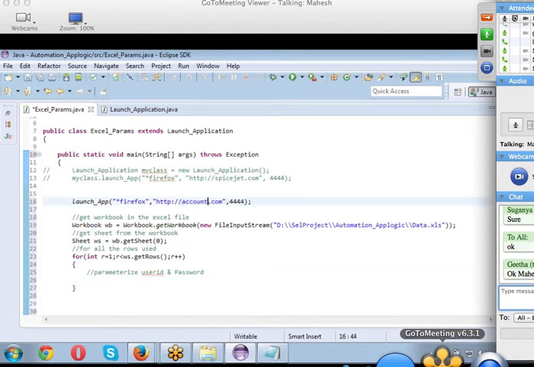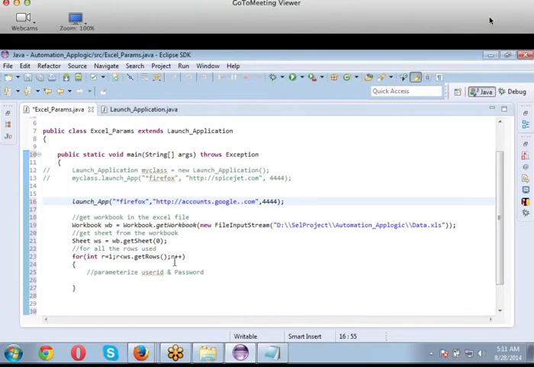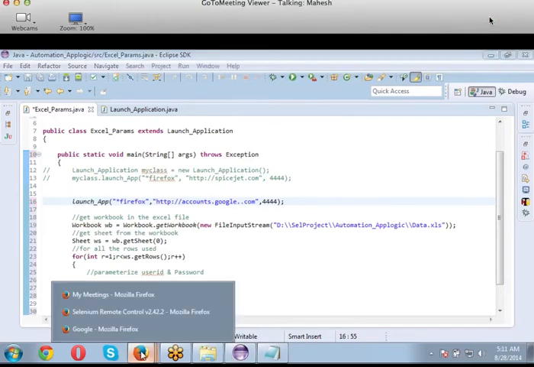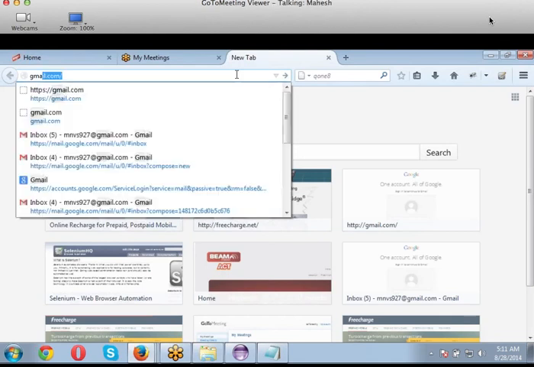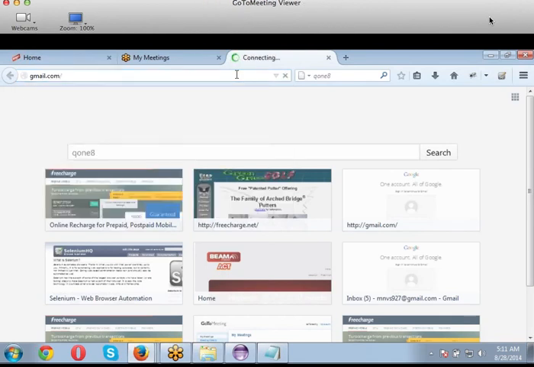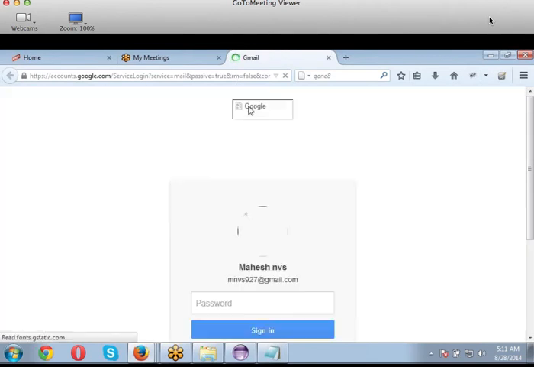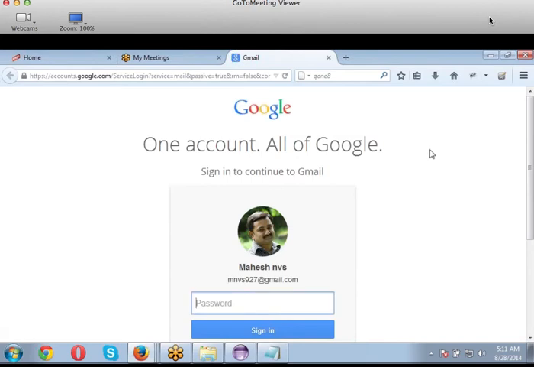It will be accounts.google.com. When I open this, let me go back. This is my gmail.com. No user ID here.